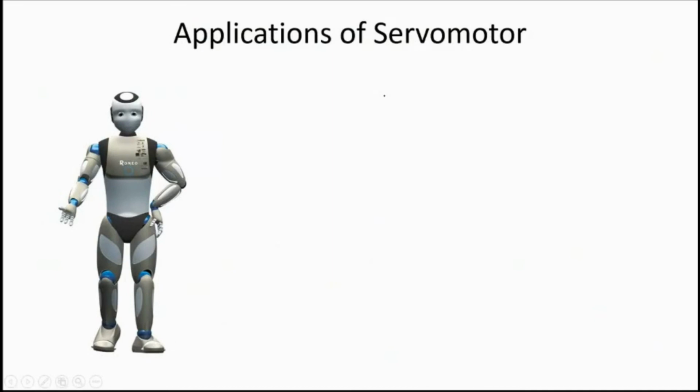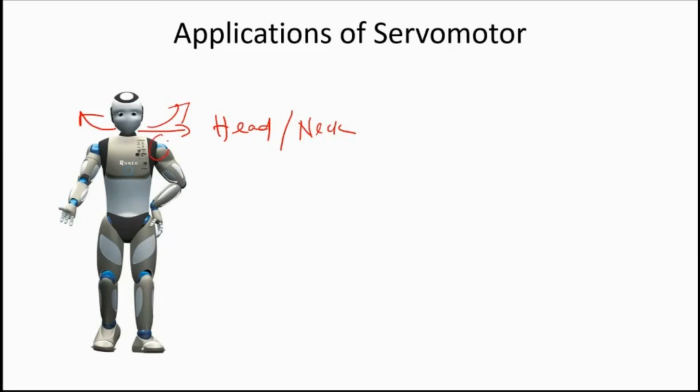So what are the applications of servo motor? There are hundreds of applications I can tell you, but I'm just telling you the application which will catch your imagination. If you are designing a robot, typically when you are designing a humanoid robot like this, you would be using at least a few tens of motors for completing the entire robot. So you need one servo motor in the head region. Why do you need it in the head or neck? Because only then the robot can turn its head this side or that side. So for that you need a servo motor here.